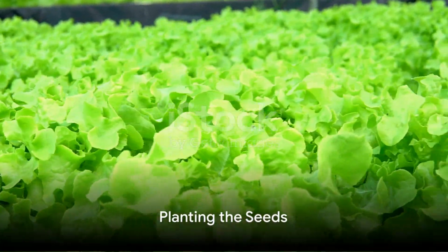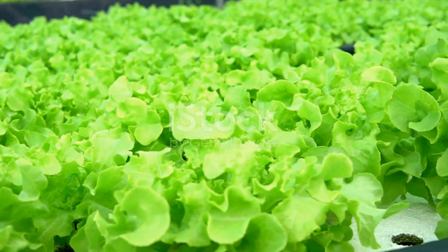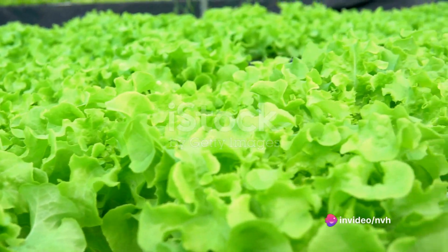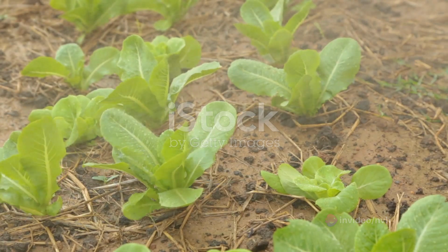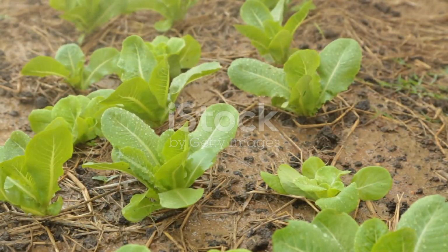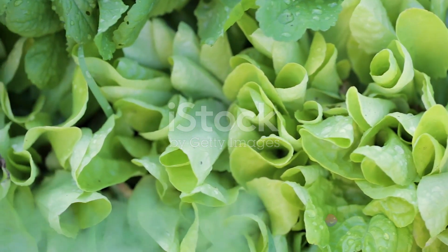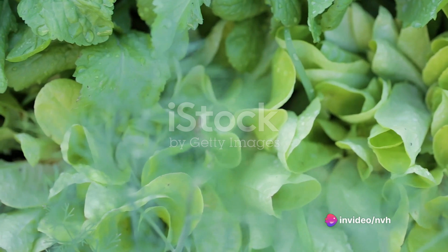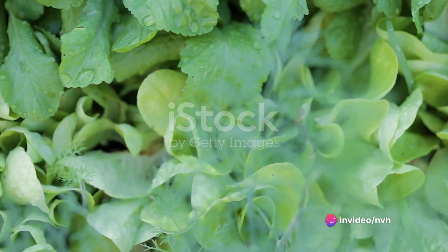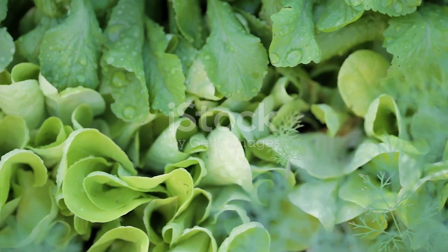The journey of lettuce from seed to salad begins with the right planting conditions. Lettuce seeds are sown in well-draining soil, a condition that allows water to circulate effectively around the roots. A soil that is too wet can lead to root rot, while one that is too dry can stunt growth. Ideal planting conditions also include cooler weather, as lettuce seeds thrive in temperatures between 45 to 75 degrees Fahrenheit. That's why many gardeners choose to plant their lettuce in the early spring or late fall when the climate is